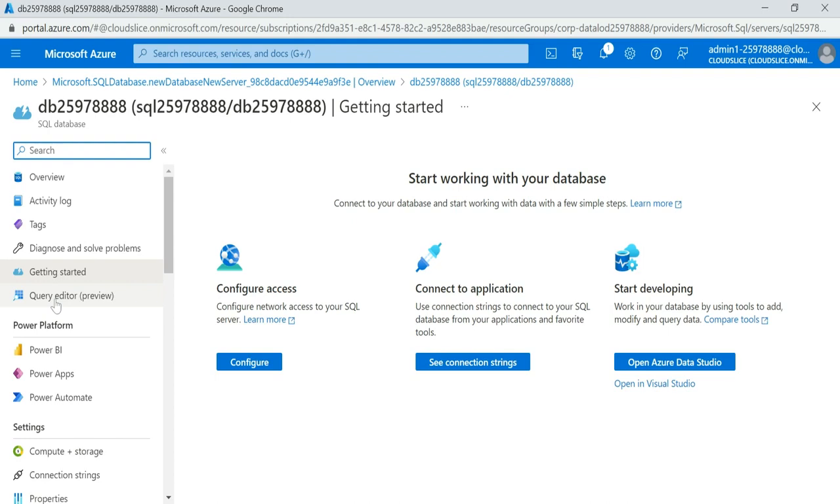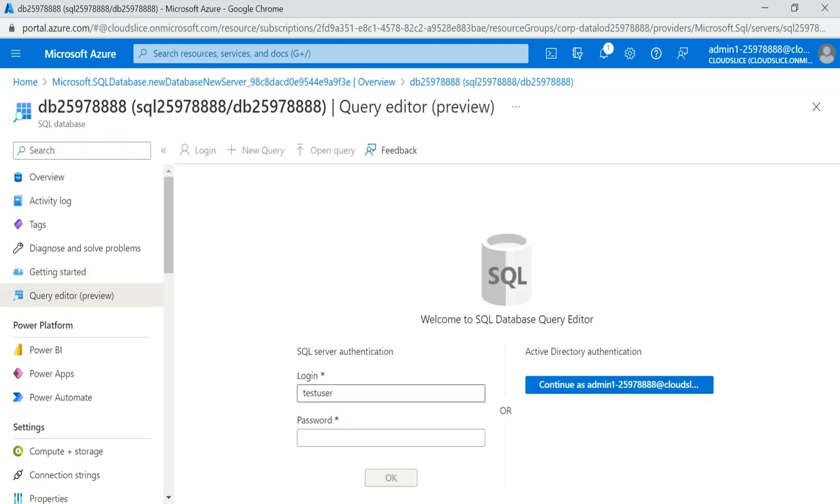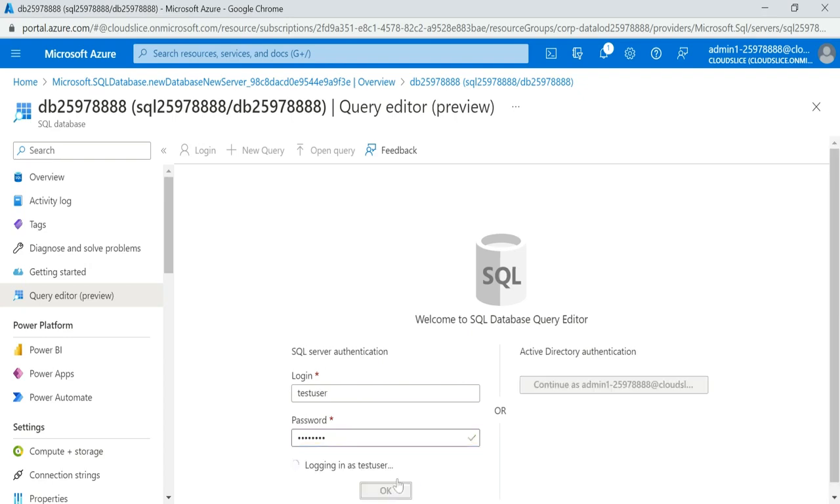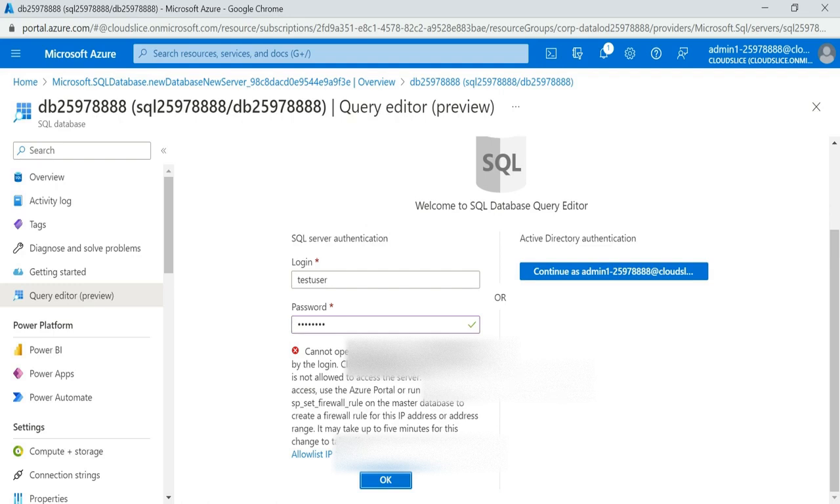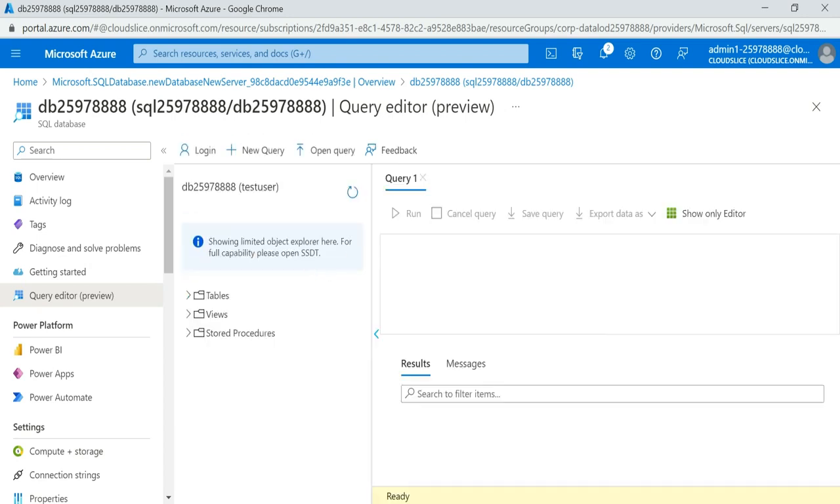Go to your query editor, provide the server name which you provided at that time, along with the username and the password. I'll provide my password and click OK. You can see that my IP is not added. So I'll say allow IP, so that the IP will be added to the firewall rules. Now if I click OK again, I'm able to